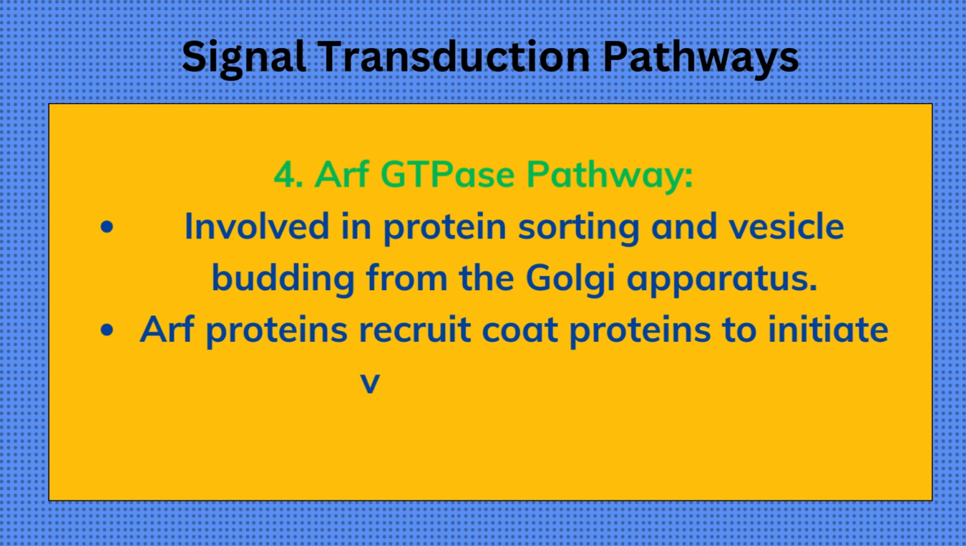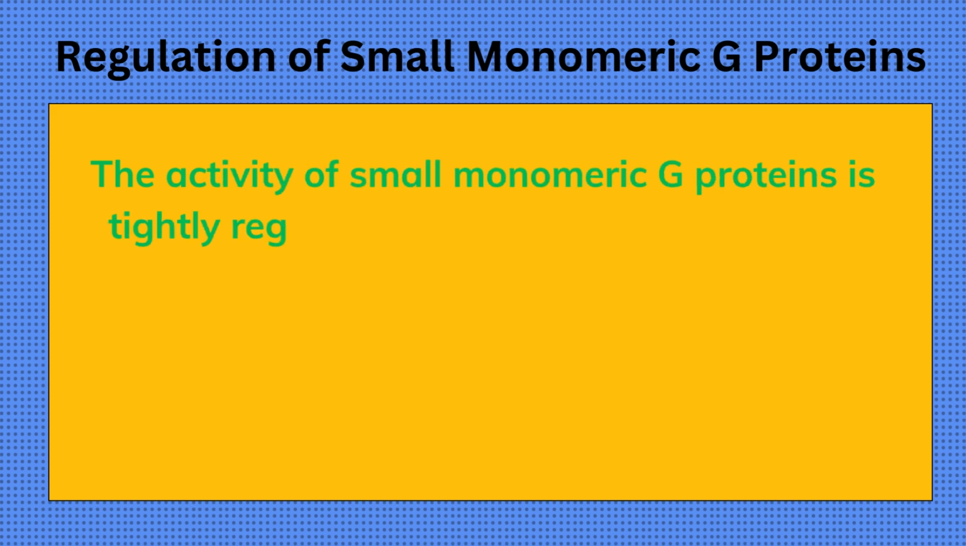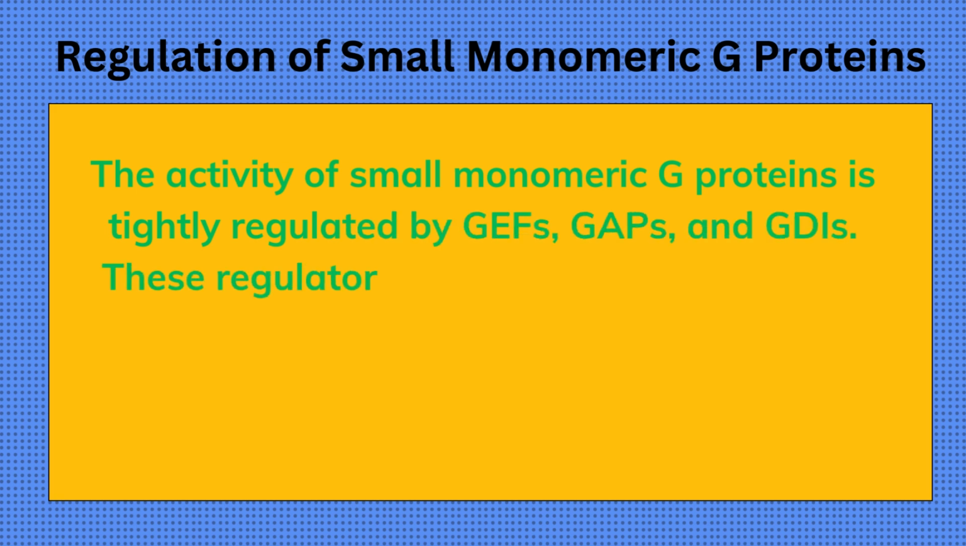Regulation of small monomeric G proteins. The activity of small monomeric G proteins is tightly regulated by GEFs, GAPs, and GDIs. These regulatory proteins ensure that the G proteins function correctly and respond appropriately to extracellular signals,